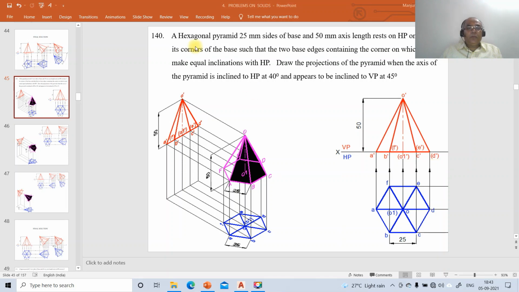Now we're going to take up one more problem on projections of solids, how to solve this problem number 140 using AutoCAD software. A hexagonal pyramid of 25 mm sides of base and 50 mm axis length rests on HP on one of